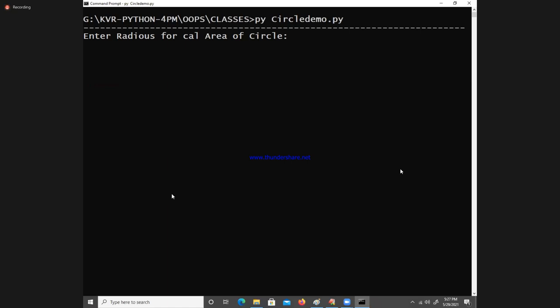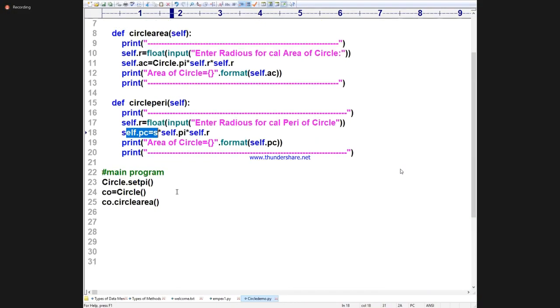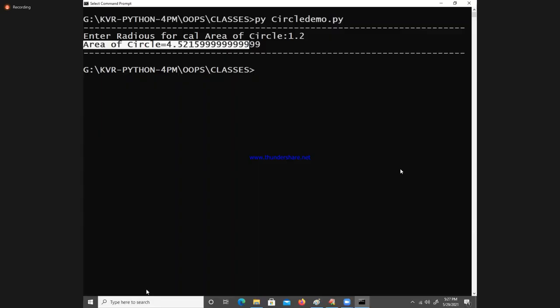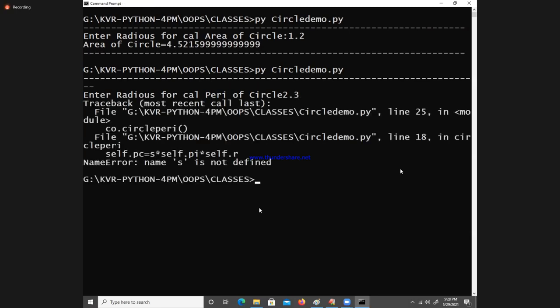Enter the circle radius 1.2. I got the answer. Now I want to call the perimeter also. Whichever method you want, you can call perimeter. See, I'm calling the perimeter next. You execute. Enter the perimeter value, 1.2. I got the answer.